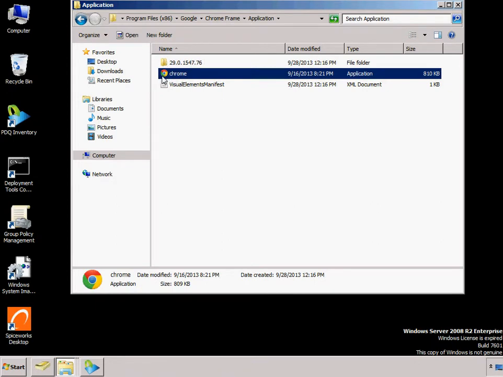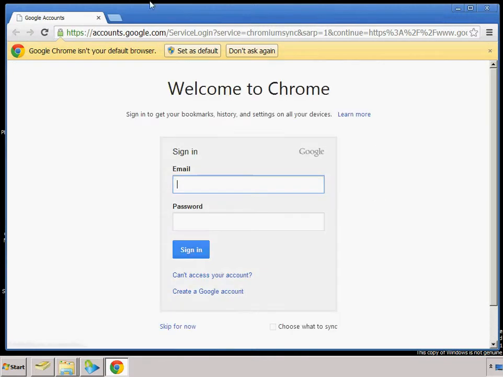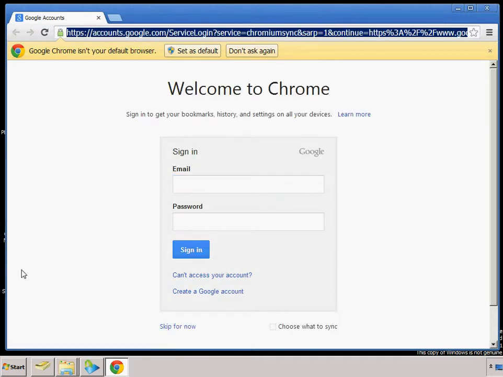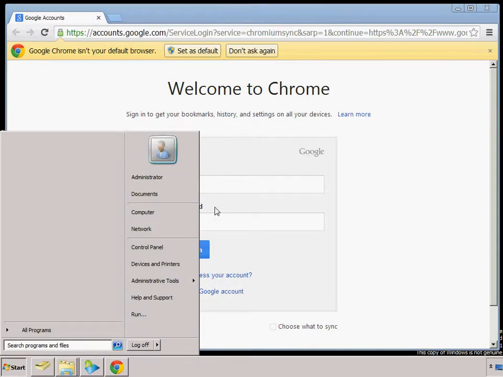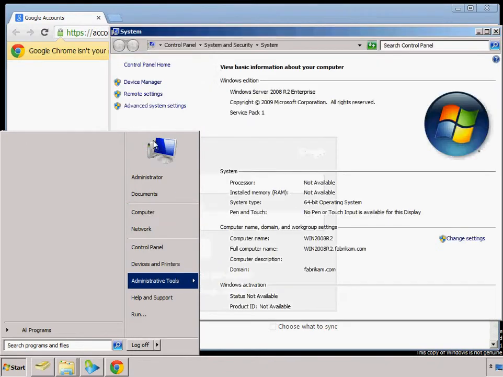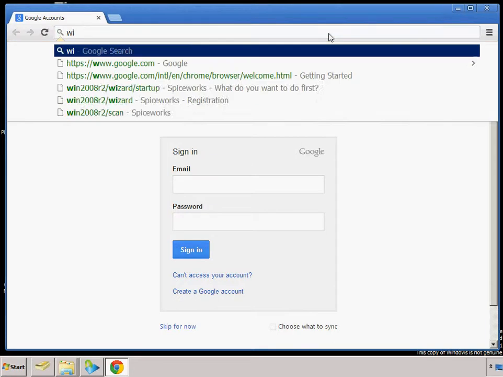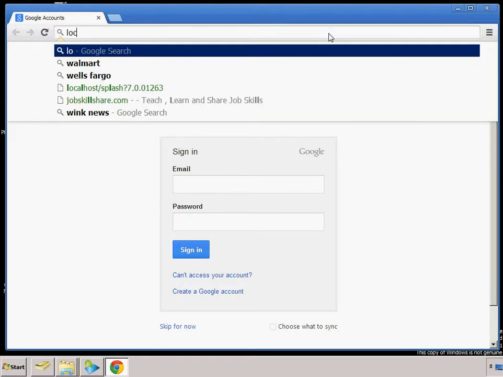I'm just gonna create a shortcut on my desktop, and now I'm gonna start running Spiceworks from Chrome, because that was a requirement. And if you don't know your link, if you forgot the address, you can just do this by your computer name and then port 80. That'd be Win 2008 R2 Win, or you can just type localhost,